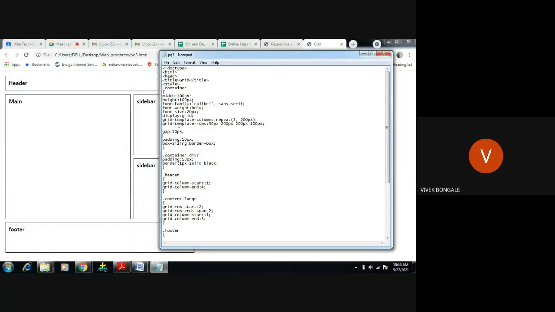Now rows. For the header I want 50 pixel, so I am giving 50 pixel for this row, right? 200 pixel for the second row, 200 pixel for the third row, and 100 pixel for the fourth row, right? You can change this according to our layout, how much size we need. For me, I need only 50 pixel for the header, so I'm giving 50 pixel for the header. Okay, row. 200 pixel for this part,